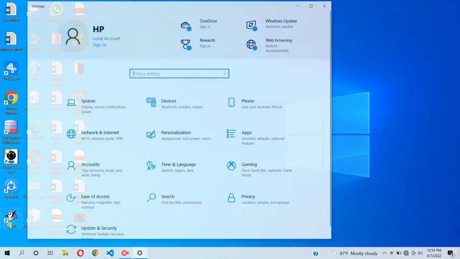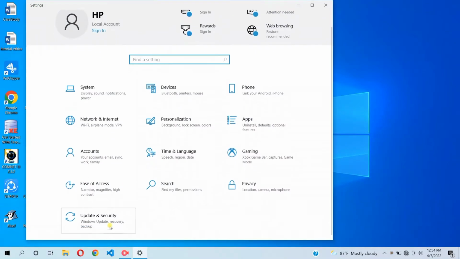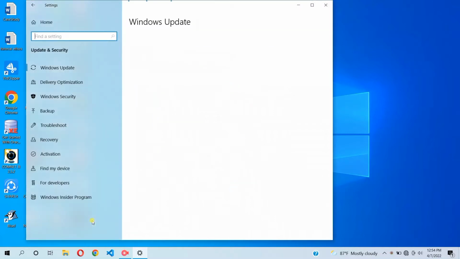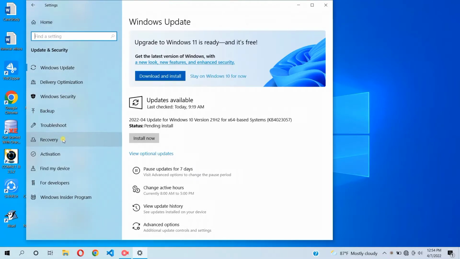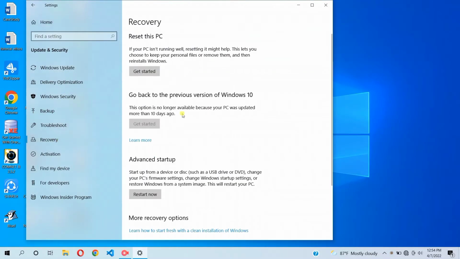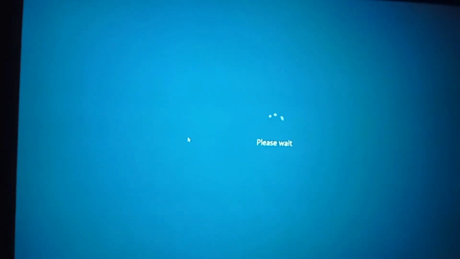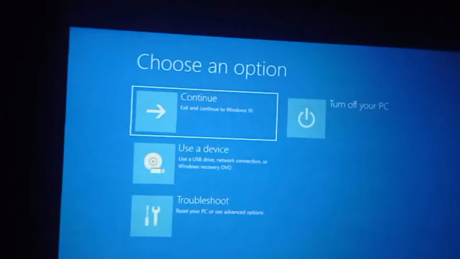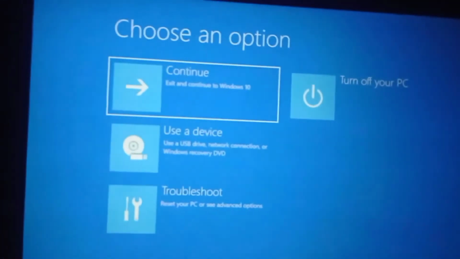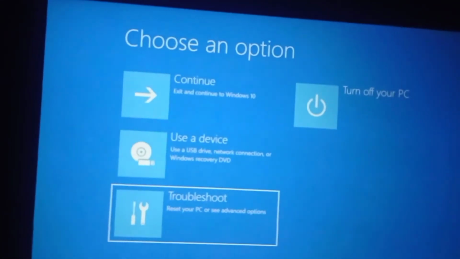So to solve that, go to Settings and go to Update and Security, then click on Recovery on your left hand side and advanced setup मा गएर restart गर्ने. So any firmware settings haru BIOS settings haru garnu parda chai we need to restart our PC, so we will do that. And go to Troubleshoot option, click on that,